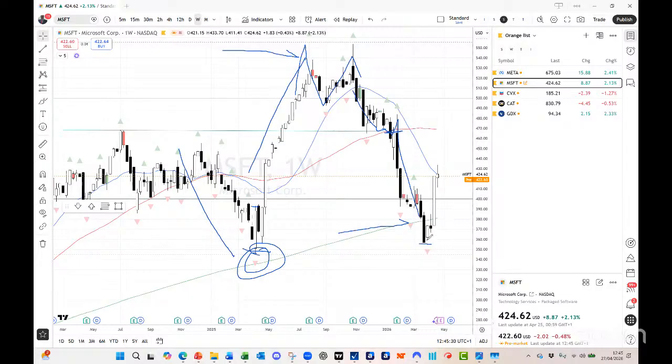And interestingly, we actually worked our way beneath that 200. But as you can see, the week before last, we had a real proper bang push up, back up above $400. We've not been able to get back up above that weekly 20 yet. And once again, they are reporting on Wednesday evening. So naturally, just like we talked about with Meta, people are going to be interested in spend on AI and growth from their products.